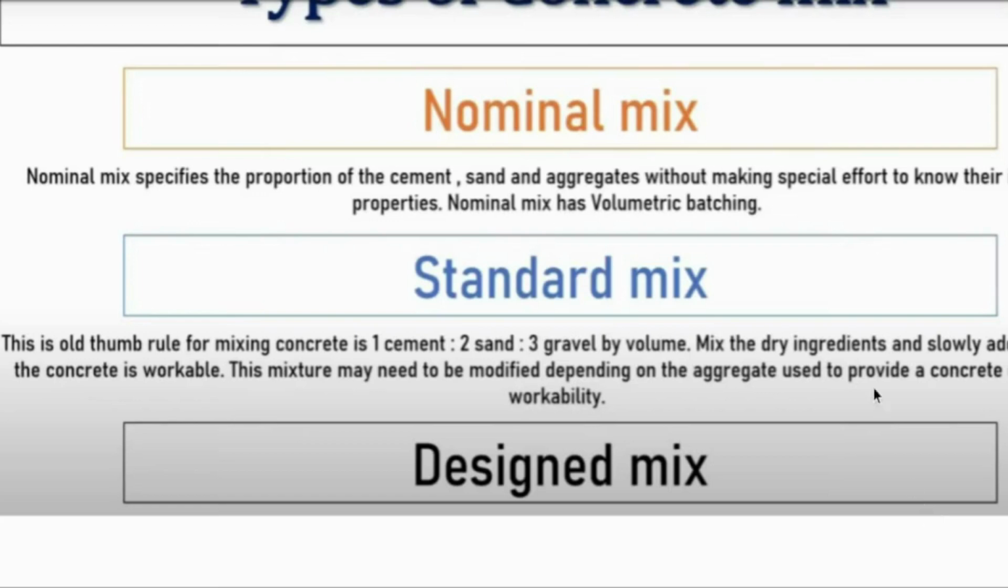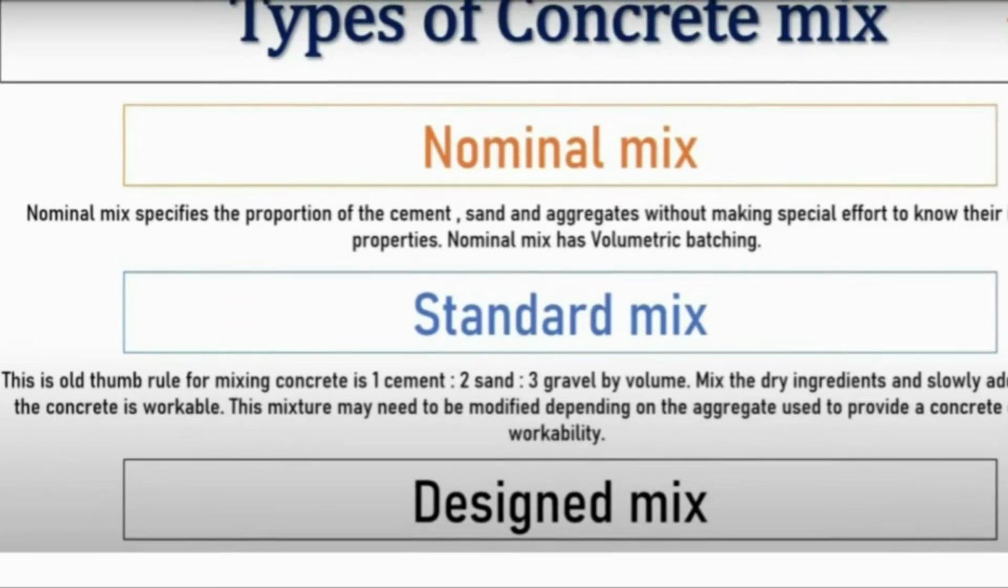Discuss about the different types of concrete mixes. There are three types of concrete mix. Number one, nominal mix. Two is standard mix, and another one is design mix. In this video tutorial, we mainly discuss the concrete mix designed by the IS method, that is, the Indian Standard Method